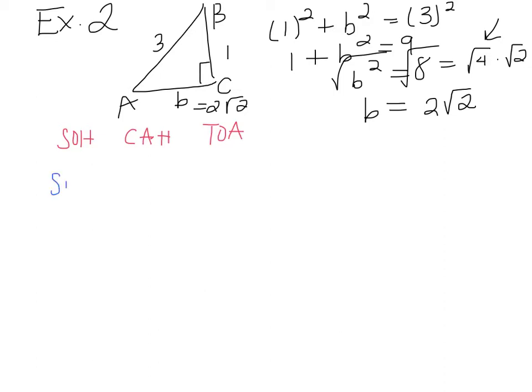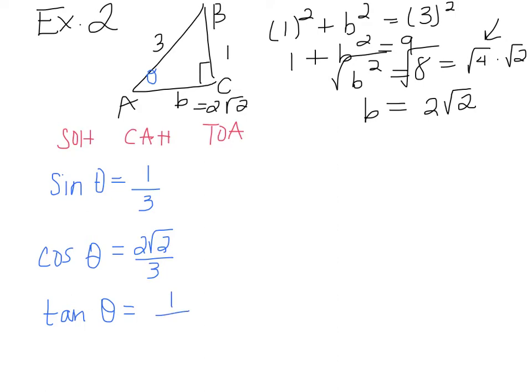So we have sine, and I forgot to write theta. Remember the O and the H. That's 1 over 3. Cosine, that's AH, 2 root 2 over 3. So far, so good. And then tangent